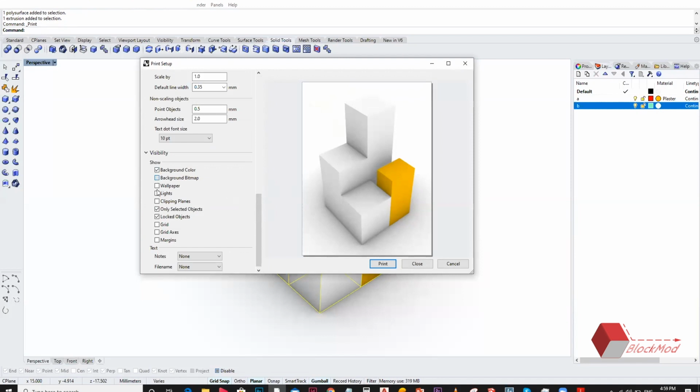Background color, light, clipping. We don't have all those objects right now, so we have just closed that, right? Yep. So in the rendered thing, if you like background coloring, you have to place and render. That's the only way it can create this.